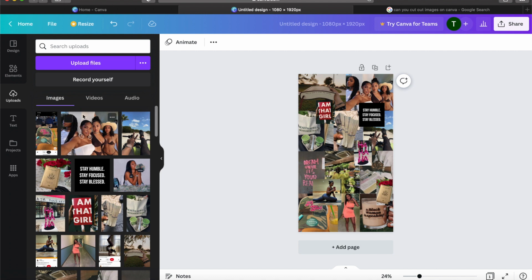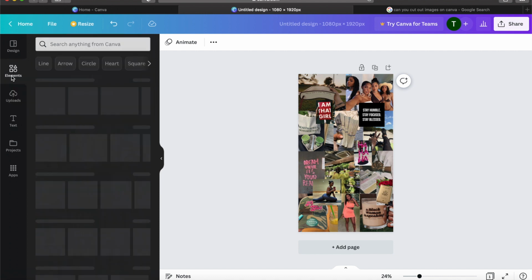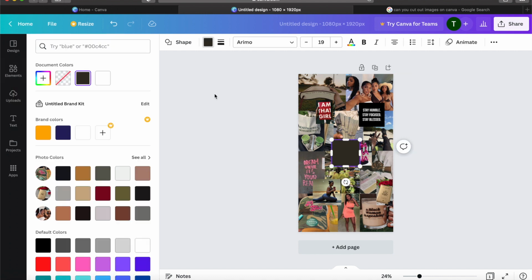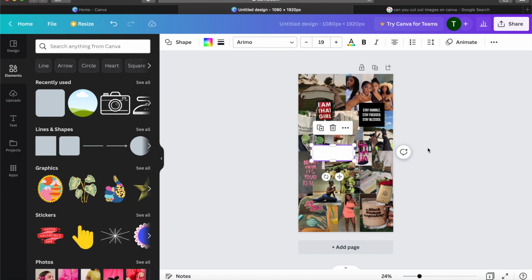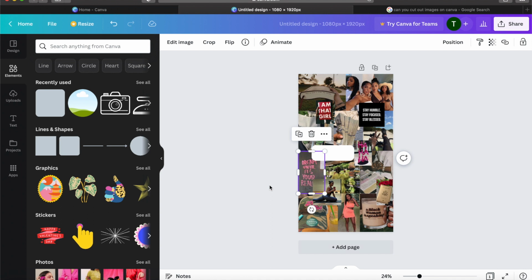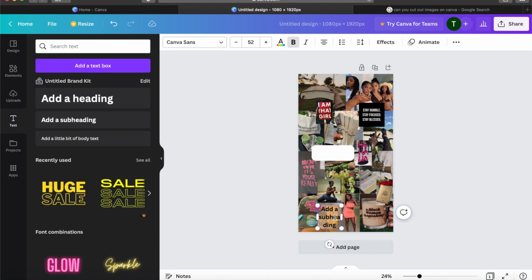Okay, so I think I have all of the photos that I want to use in here. So I'm going to go to Elements, add a little box in here, turn it white, and put 3 scriptures on here. Now, my actual vision board that I made in Photoshop didn't have this. I kind of came up with this on the fly and actually really like this idea.